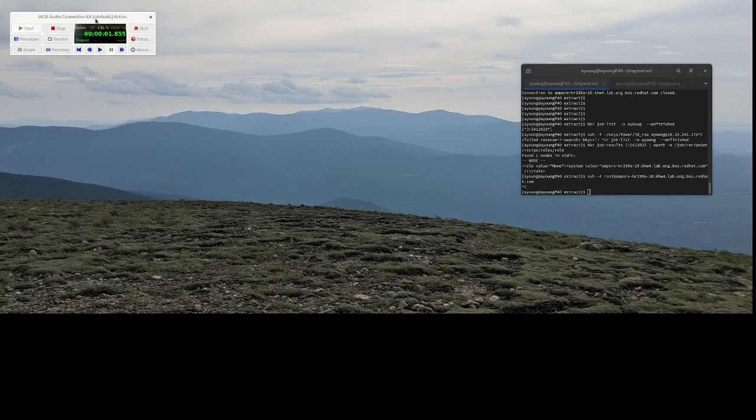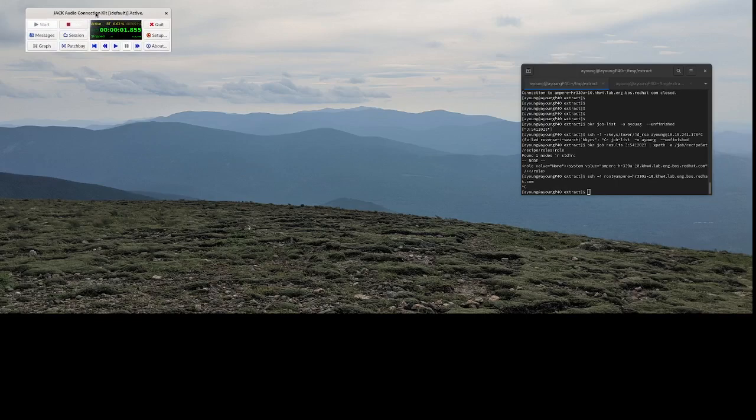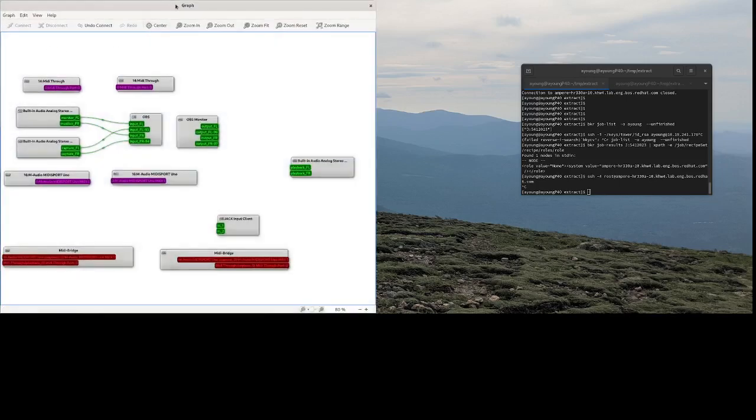I'm running the Jack Audio Connection Kit QJackCtl UI right now, and you can see that up in the top left. This is a Qt app that shows a graphical view of various things. Again, it came from the Jack background. It does more than Jack, but what we care mostly about is the graph of connected sound sinks and sources on the system. So I'm going to bring up that